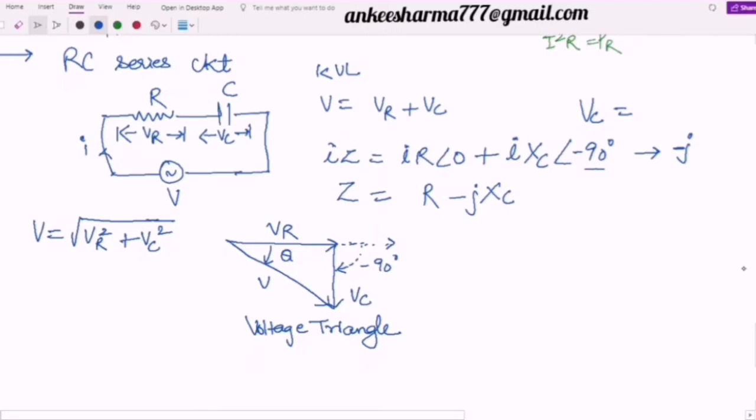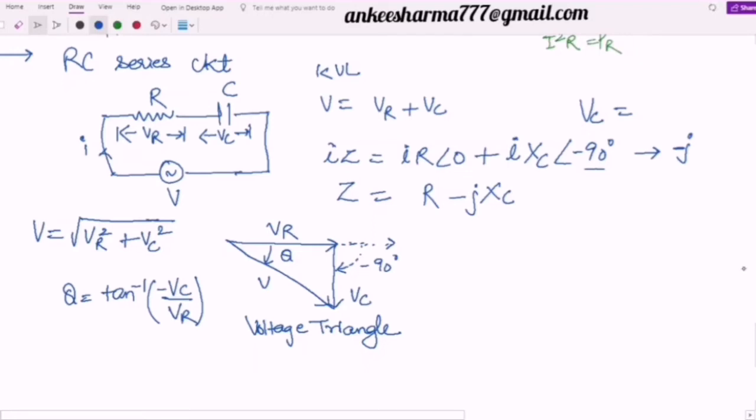Okay. Now if I have to find this theta value, how will I find theta? Can I write theta is equal to, as I have done in the previous case, tangent inverse of. Now look here, the voltage is going down, it means it should be considered negative. So I will write here minus VC. It is tangent inverse of minus VC by VR, because we know that tangent is perpendicular upon base. So the perpendicular for theta is minus VC and base is VR. So this is my theta value.